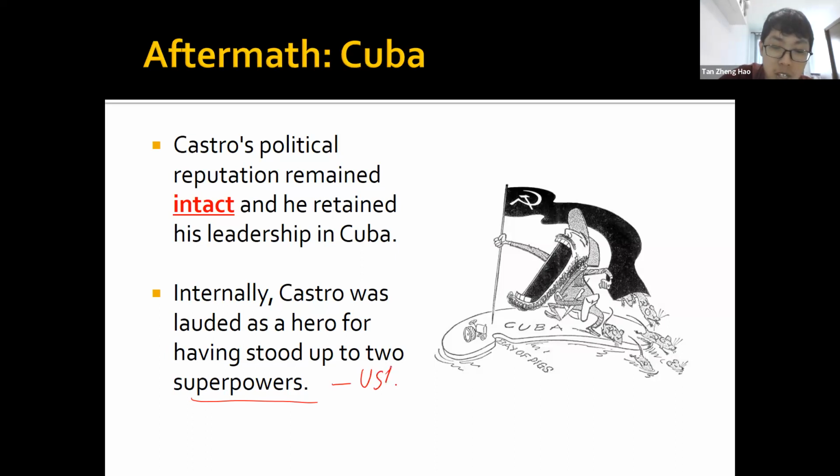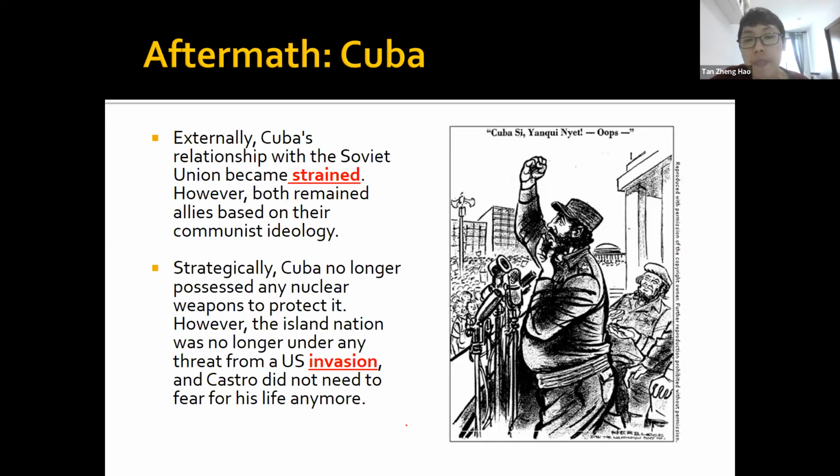He was able to appear strong in front of the US and also appear strong in front of the USSR. Remember just now when the USSR was taking away the missiles from Cuba, Castro was also trying to stand up against the USSR. So Castro appeared very tough and he won a lot of support for that. However, the relationship with the USSR from then on became more strained. They are all communist countries, but they were not so close anymore because you can imagine Castro will feel quite betrayed by the USSR. But you will feel safe from now on. The US promised not to invade, and so far they have kept to their promise. So Cuba did get something out of the Cuban Missile Crisis as well.